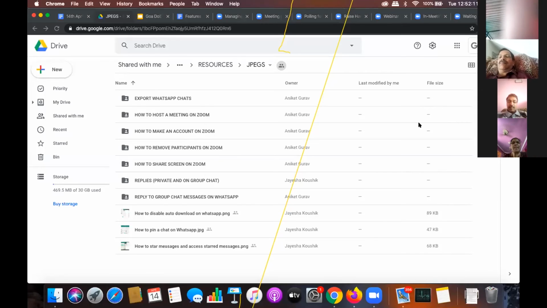Yes, we can share PPT. For example, if your PPT is in Google Slides, you can open the PPT in Google Slides and share it via Zoom. Thank you for that question, ma'am.